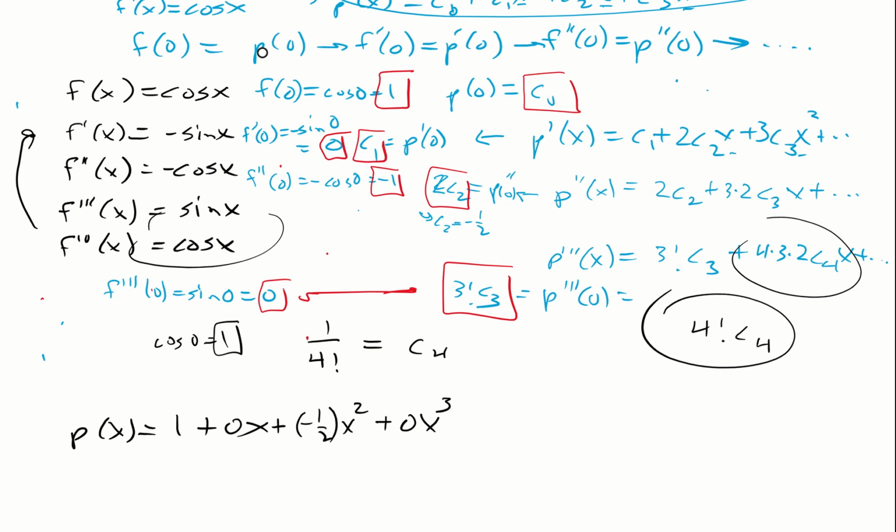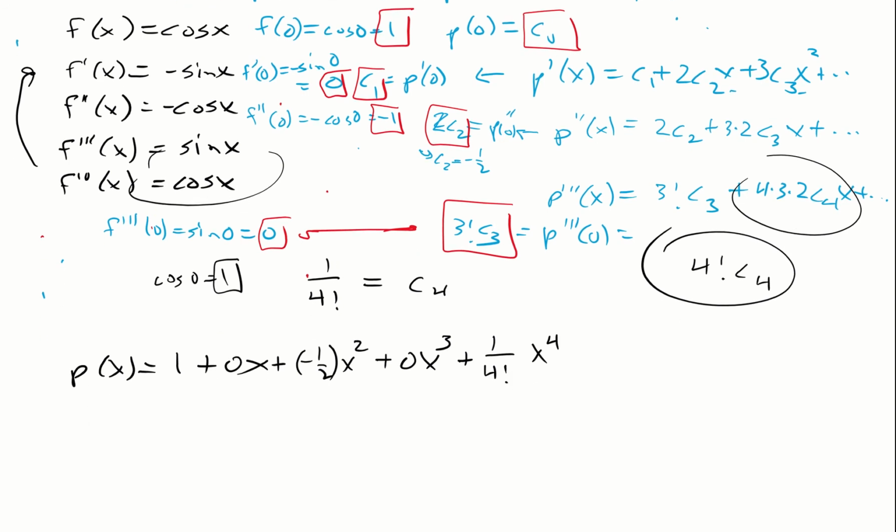So we just start to see kind of a pattern. It goes plus 1 over 4 factorial x to the fourth. And let's take a look at this guy. So what we're going to say is this polynomial is, and you keep going, minus whatever. It's going to approximate